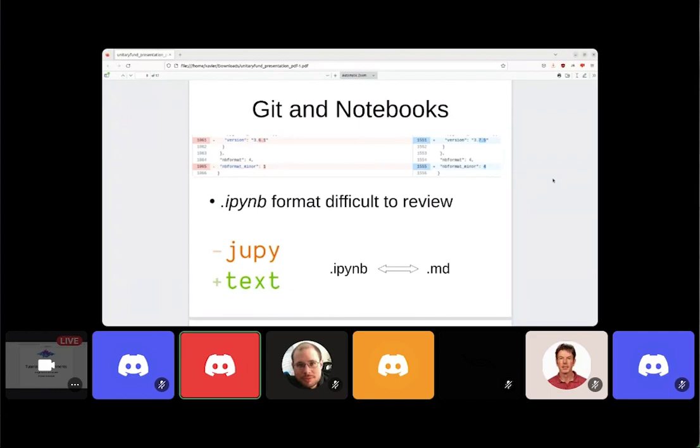So for example, here there's versions and nbformat minor, I don't know what that is, and then some other metadata. So it's difficult to review these IPython notebooks, but there's a tool called Jupytext to convert these notebooks to markdown files, which just contain the source code, so you can actually nicely review changes, and you don't have all the output from these files in Git,